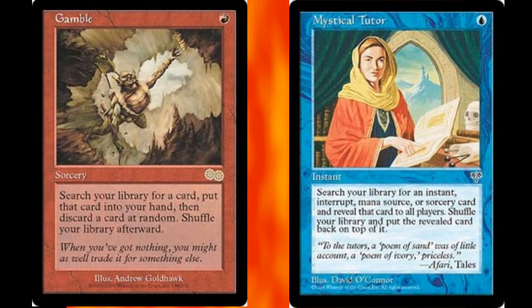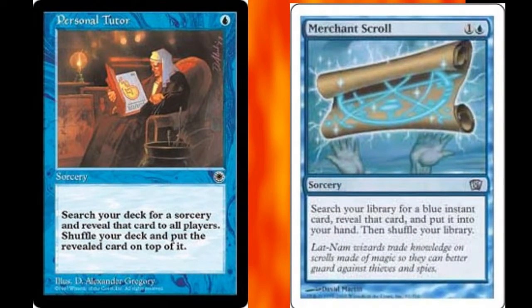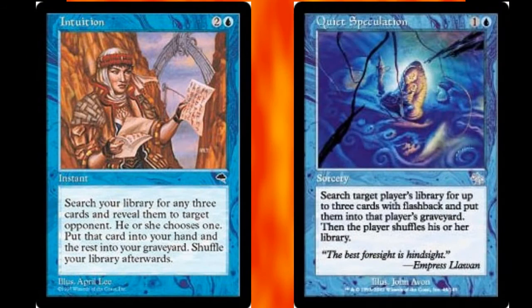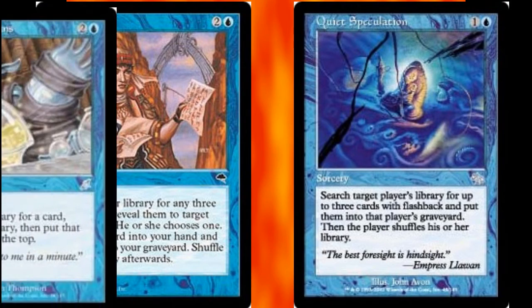Now, if you're not able to dig to what you need when you need it, there are tutors. And this deck actually runs a surprisingly high amount of tutors, so you can get exactly what you need. Whether it's High Tide, Turnabout, or a win condition, there's Gamble, Mystical Tutor, Personal Tutor, Merchant Scroll, Quiet Speculation, Intuition, Long-Term Plans,